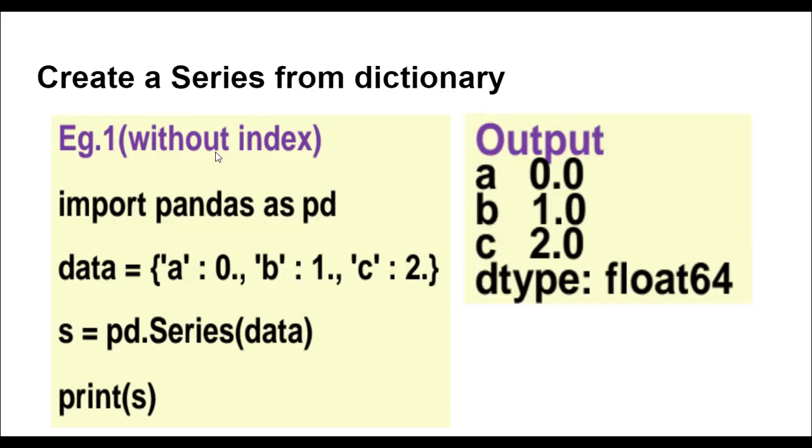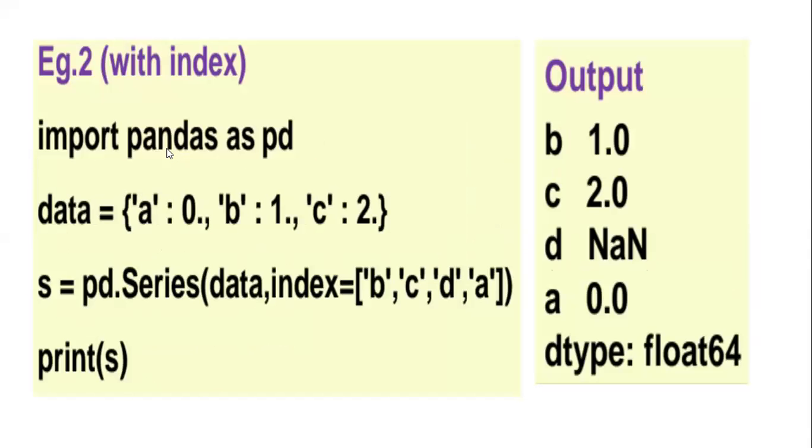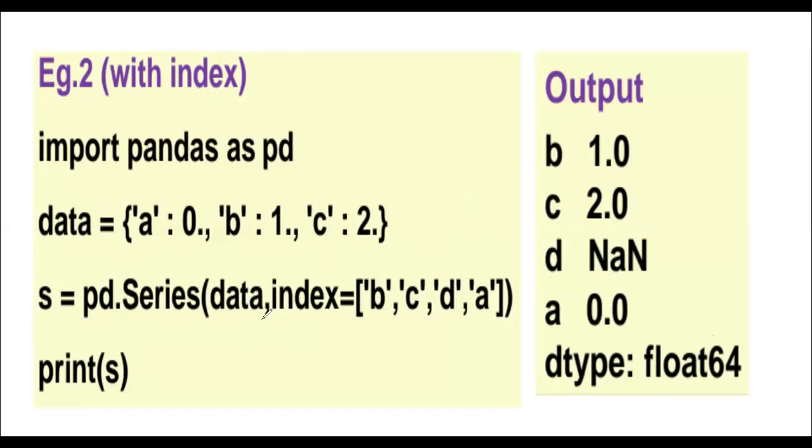The next is with the index. The previous one we have seen without index. Now here we are going to do it with the index. So what is that with the index? The same data. Now see the data we passed over here, comma, one more argument we are passing here. That argument is index equal to the list of index. Why am I telling it is a list of index? Because it is enclosed with a square bracket.